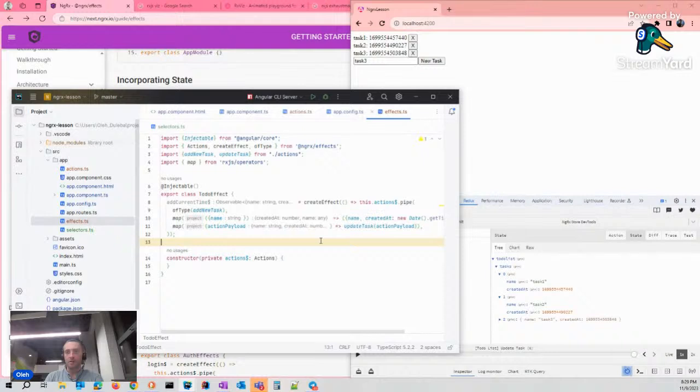Seems like no questions. I hope this information was useful, and please refer to the documentation to get more information about the NgRx and how to use it, because this system changes all the time, and you need to be aware of everything, especially with the latest changes with the 17th version of Angular and NgRx.